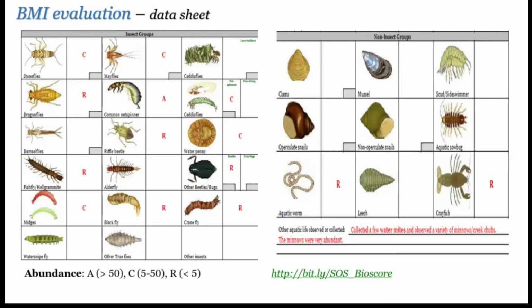So this is a typical example. You'll see that the stonefly is a C, the mayfly is a C, the dragonfly is an R, and so forth. There's a website down there at the bottom of the page that you can go to if you want to learn more about this scoring possibility. The program also has a variety of spreadsheet tools. All you have to do in that situation is enter the numbers, and the spreadsheet does the work for you.